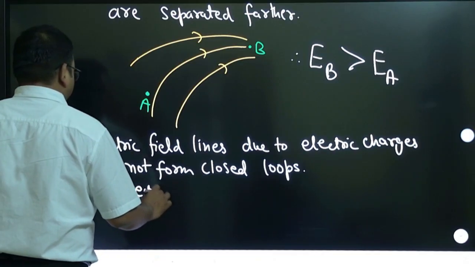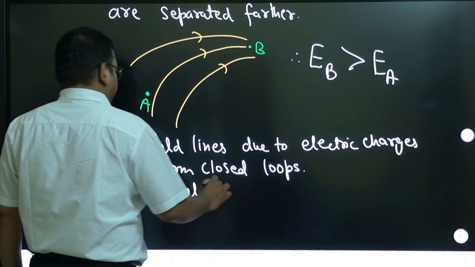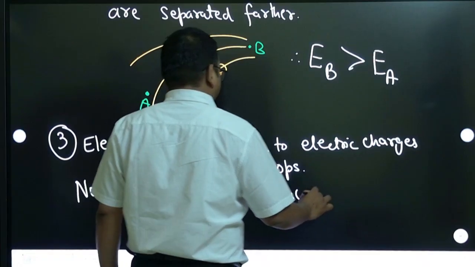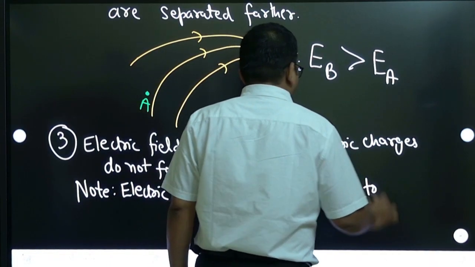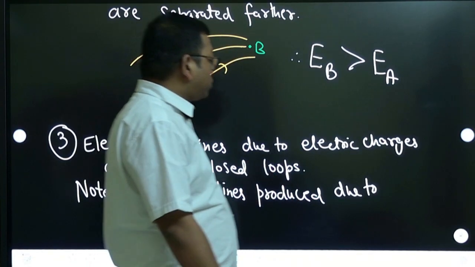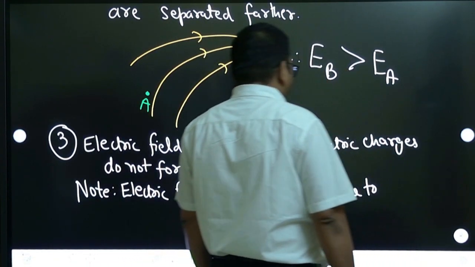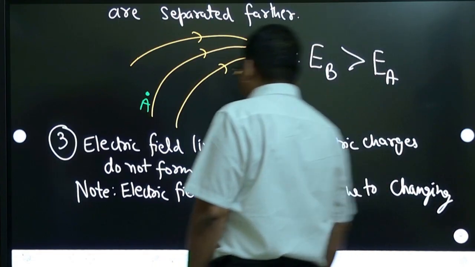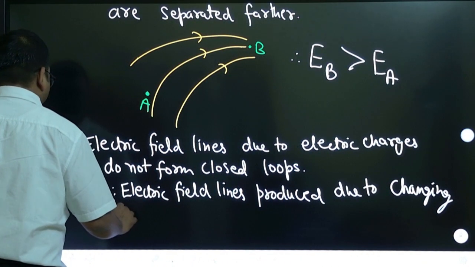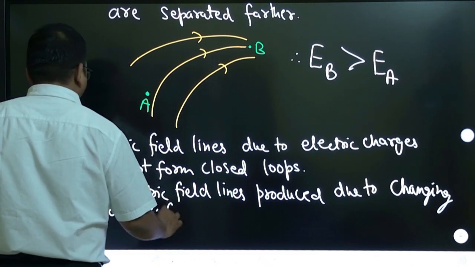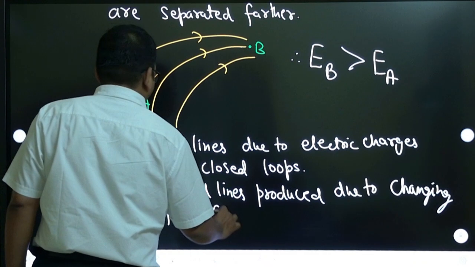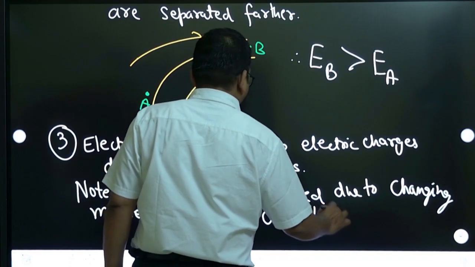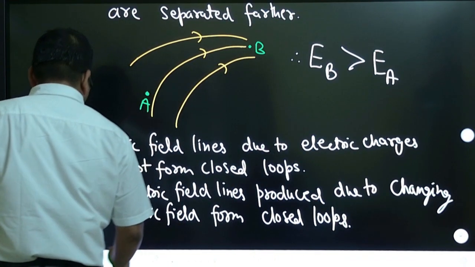electric field lines produced due to a changing magnetic field form closed loops. Okay, let us go to the next